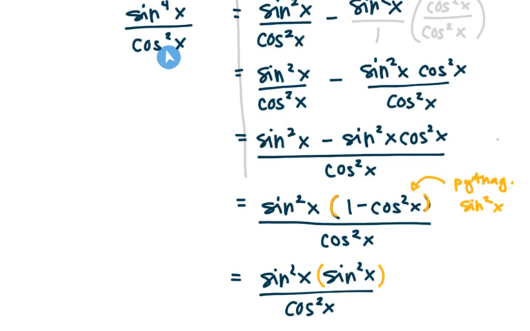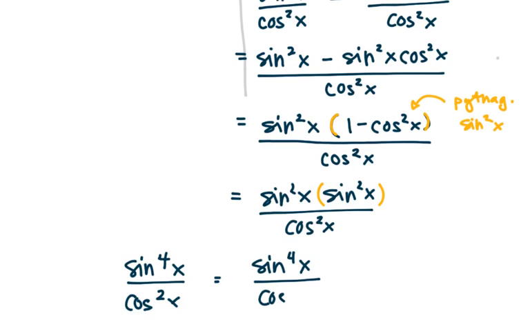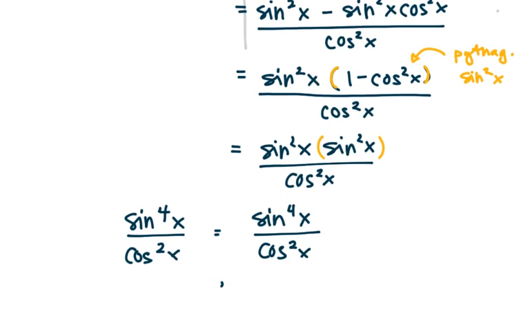And look, we're pretty close. What are we trying to get to? Just going to bring my left side down. We had sine to the 4th x over cosine squared x. And are they equal? Sine squared times sine squared is sine to the 4th of x. At this point, we are done. We end our proof and we say, therefore,